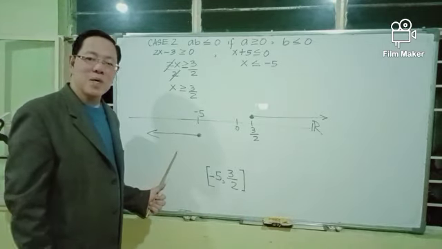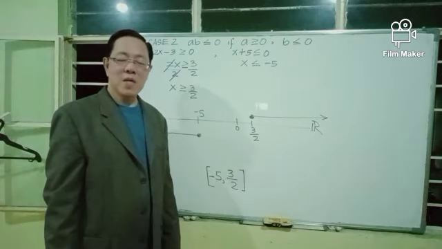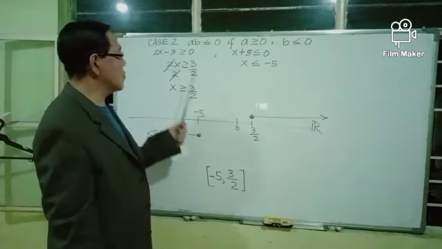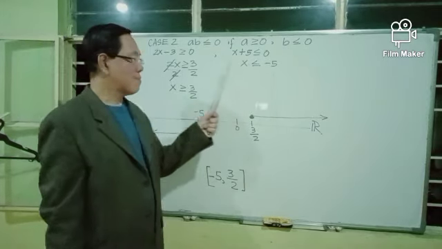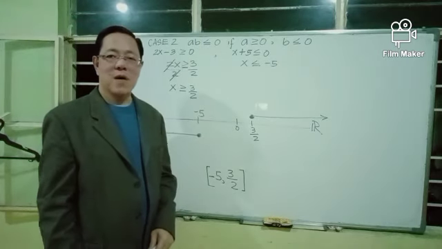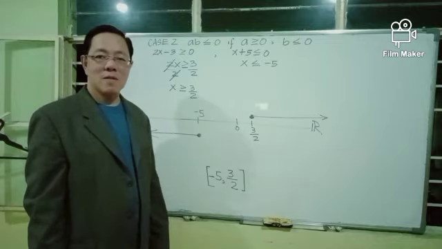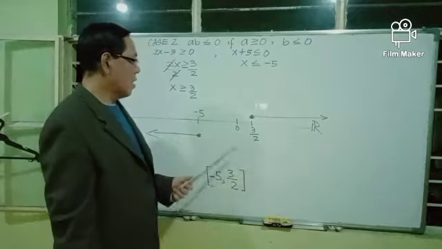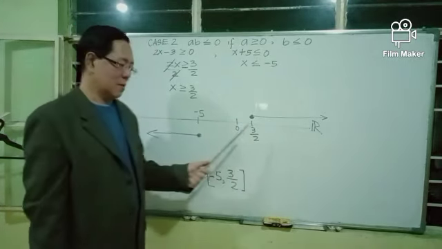Up to negative infinity. Now, for case 2, the solutions are those values of x that will satisfy both of these inequalities. Both of these inequalities must be satisfied by the values of x. And those values of x that will satisfy both of these inequalities are those solutions, those real numbers